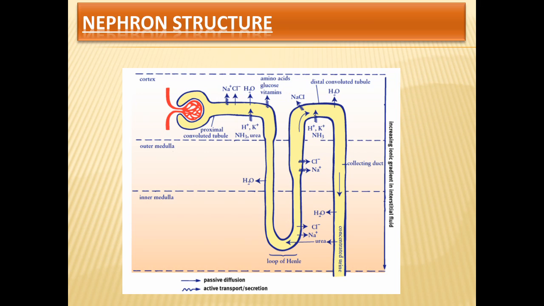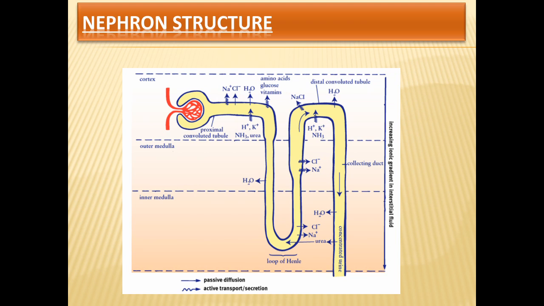After the loop of Henle, the filtrate then passes to the distal convoluted tubule, and here we have more reabsorption of ions like calcium and sodium. So we just reabsorb those things that we didn't want to lose in the first place. There are a lot of things that we could talk about, but this is just an overview. So let's just end it here and discuss in the distal convoluted tubule the final mechanism.